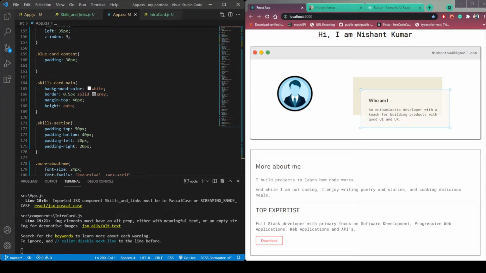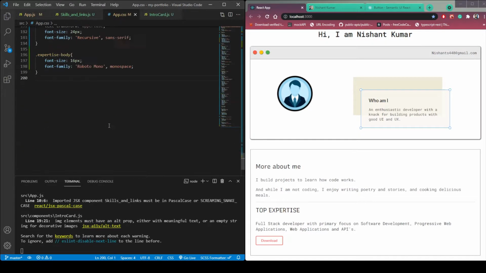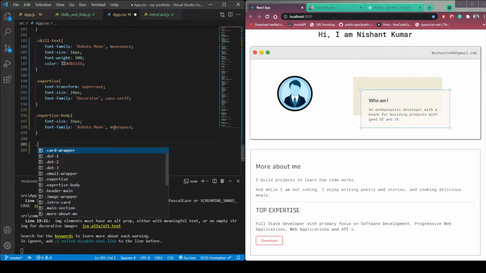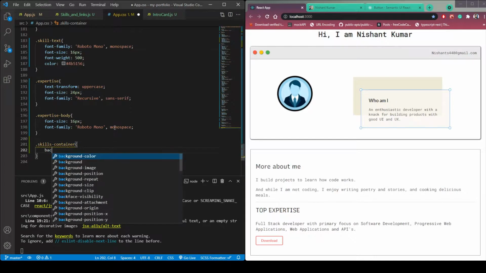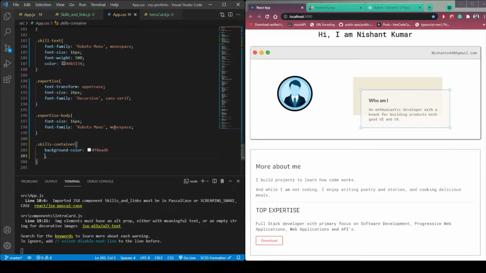Now let's add our skills card. So in skill and links.js, create one div. Give it a class name of skills container. Copy this class name and in app.css paste it. Background color should be F0EAD6, this khaki color.